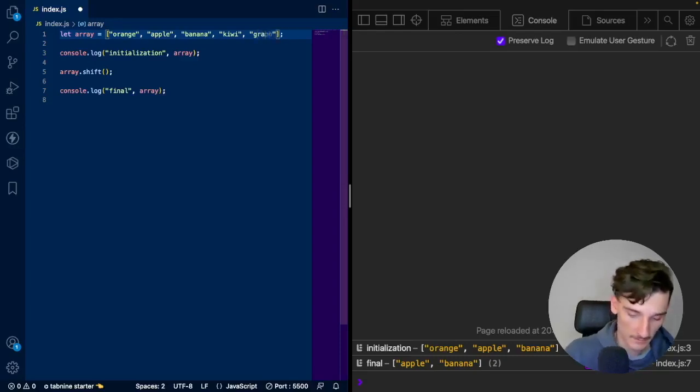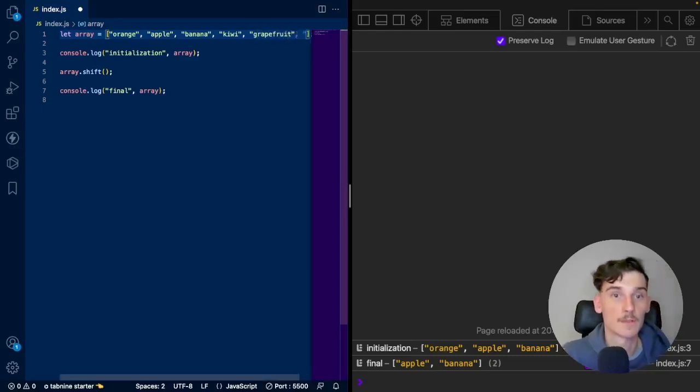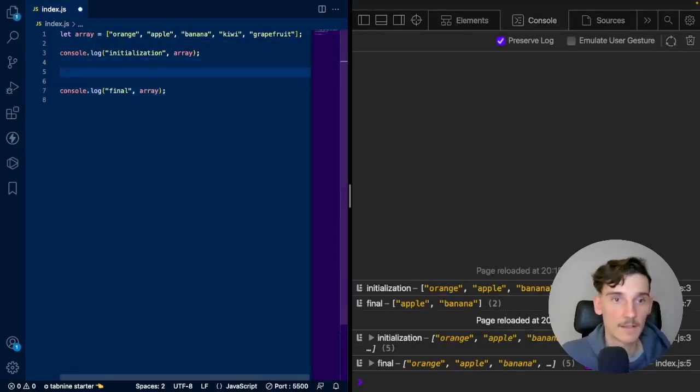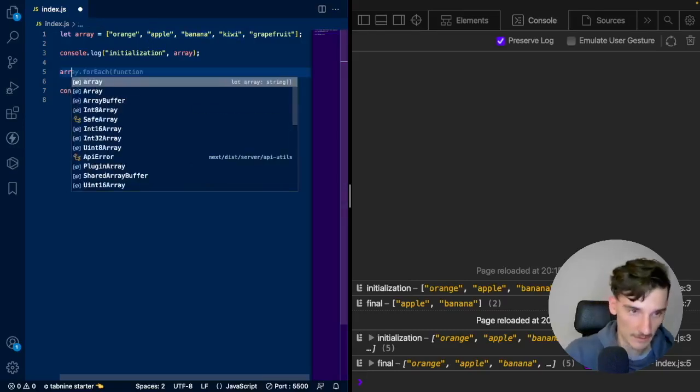Let's add grapefruit. Okay, we have this, and we can clear the console. Let's see, I want to remove apple, banana and kiwi, so I can do it with the pop and shift methods. So I will make it with